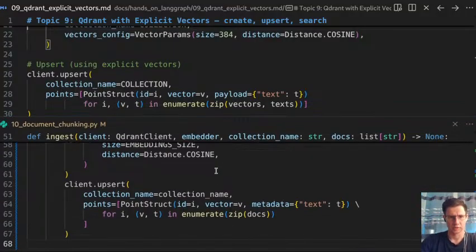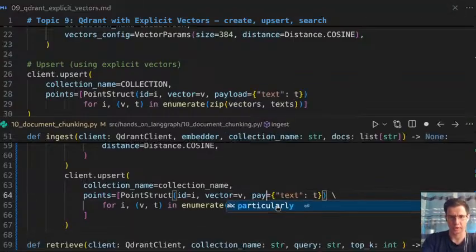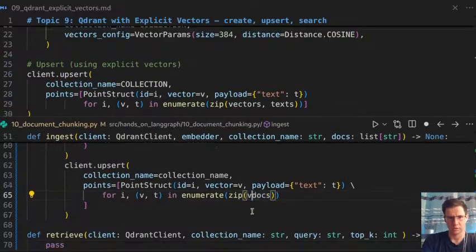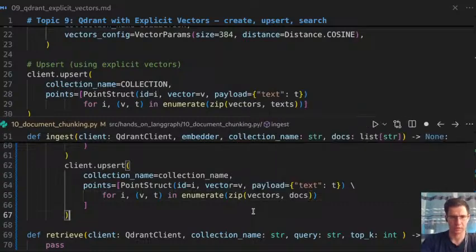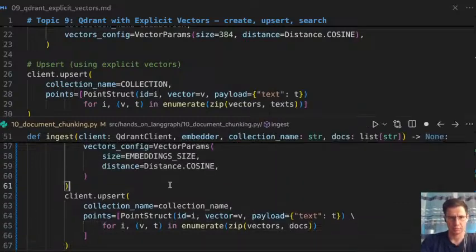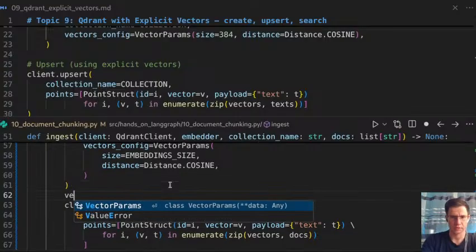So let's actually provide required arguments: text of t, enumerate zip vectors and docs, and we need to get vectors for